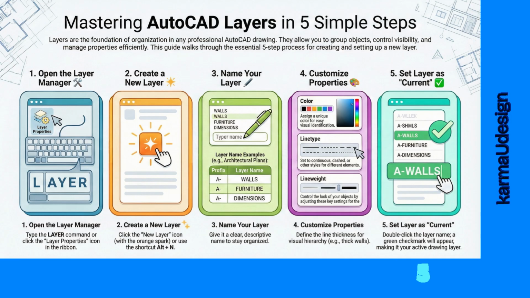Guaranteed, every time. We spent a lot of time reinforcing the necessity of standardization in step 3 and the strategic depth of visual properties in step 4. These really are the steps that define a professional file. So let's leave you with this final thought that builds on that idea of standardization. If the operational clarity, and maybe even the safety, of a huge construction document relies entirely on the consistency of these naming conventions and visual properties, what mechanisms need to be in place beyond the personal discipline of one designer to ensure that no one ever accidentally